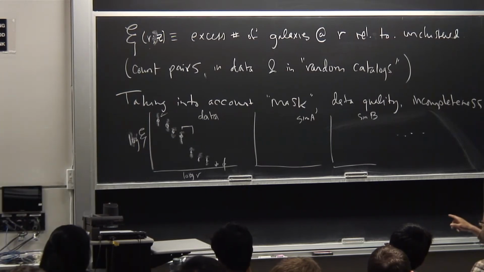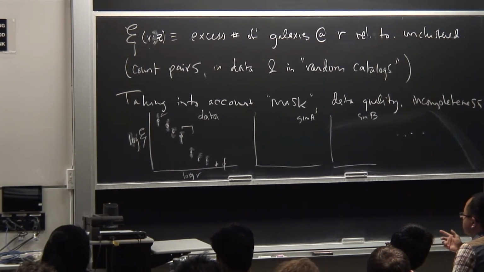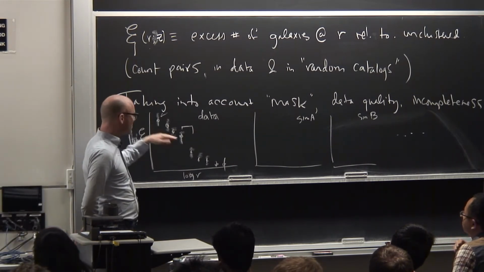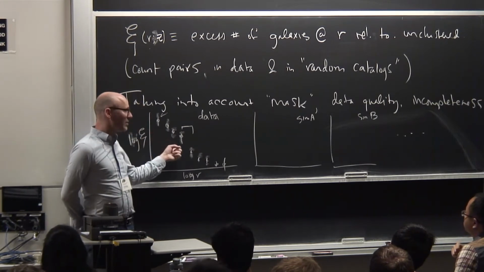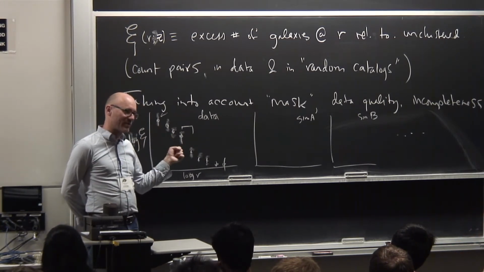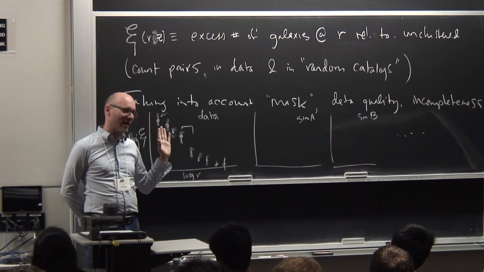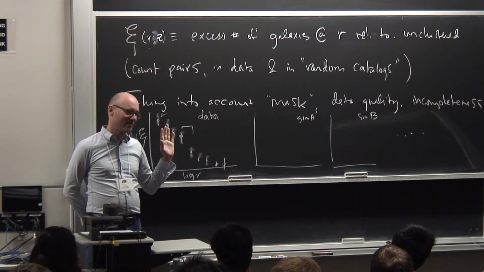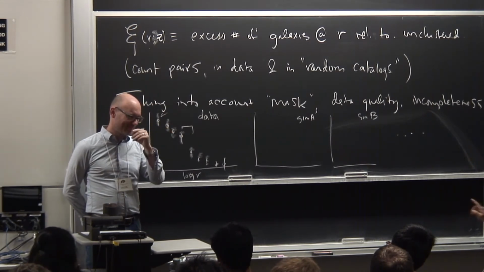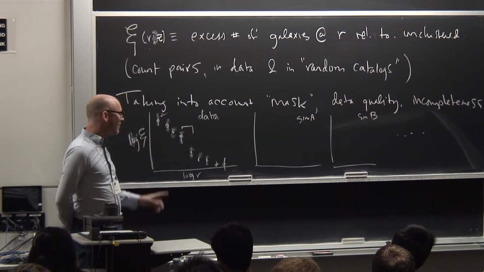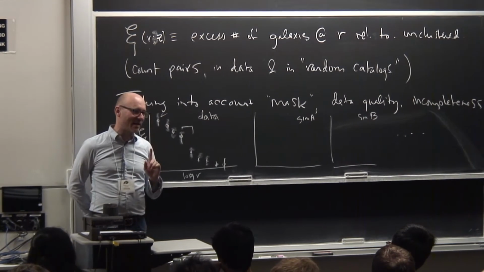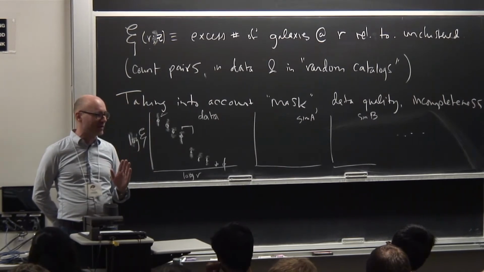Yes? I think this data looks quite different from what we usually see from the large-scale matter power spectrum. Is this just a part of that after Fourier transformation, or is it the whole data? The question is, how does this relate to the power spectra you've seen? This is literally a Fourier transform of the power spectrum if all your estimators are correct. Yeah, but we see there's much more data when we see the matter power spectrum. Well, in principle, it's exactly the same data, but it is true that it looks very different.